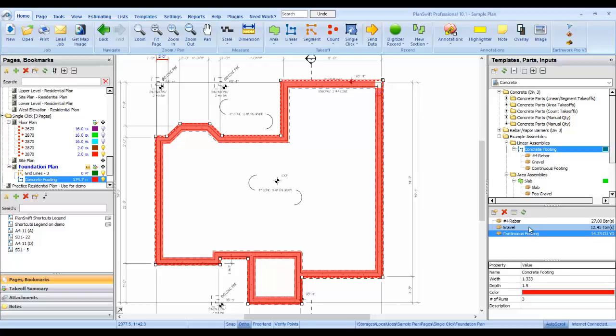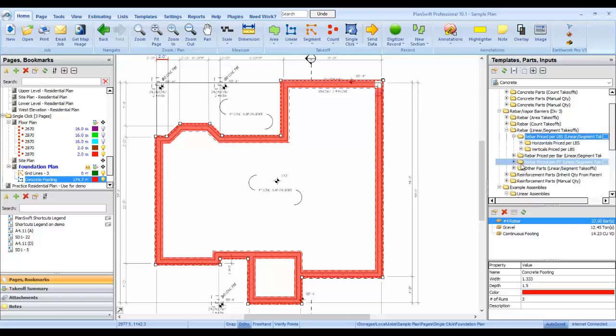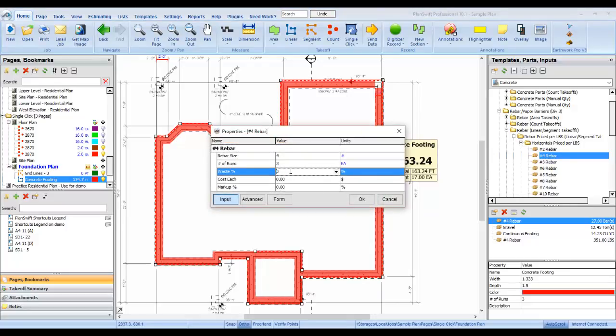Now let's say rather than pricing it out by the bar of concrete, I want to price it out by the ton. This is what's really cool. I can go ahead and drag and drop my rebar, and I'm going to grab rebar for linear takeoffs, and I want to grab and price out my rebar by per pound, not specifically per ton, but this has a couple different kinds in here. I've got horizontals and verticals, so I'm going to run number 4 rebar at the base, and what I do is just from here drag and drop. I want 3 runs. I'm actually going to add in a 10% waste factor and click OK,